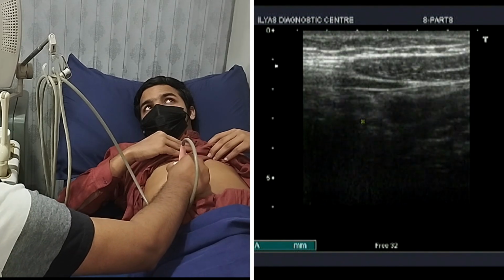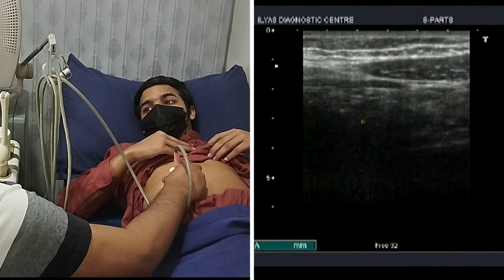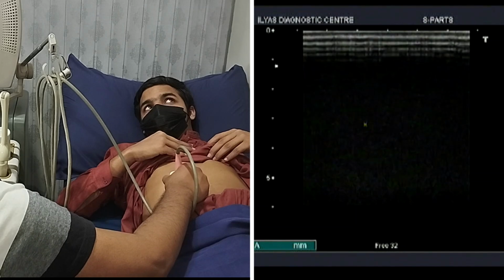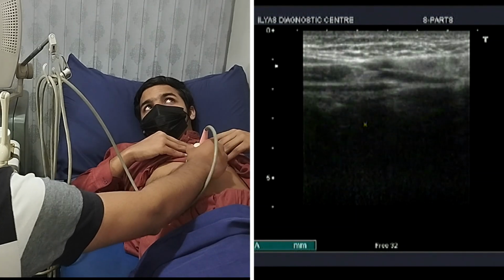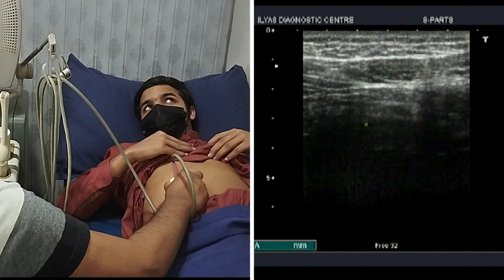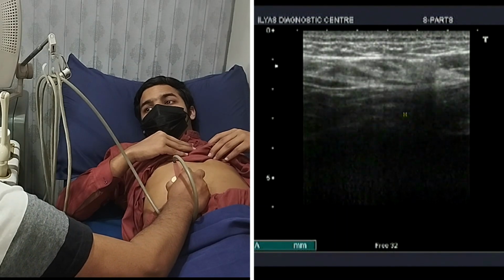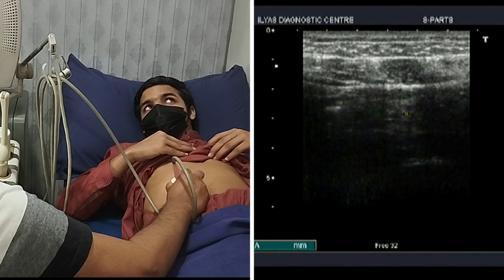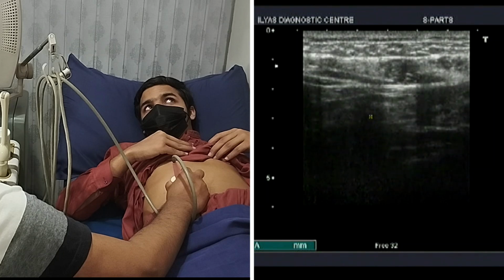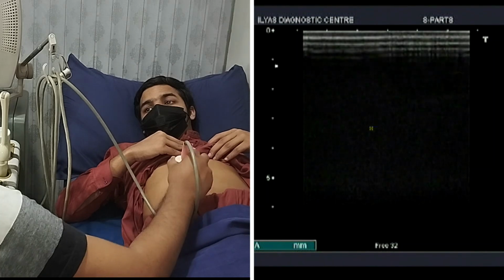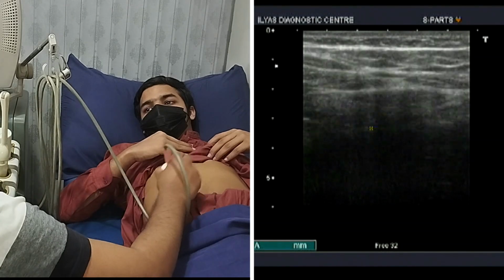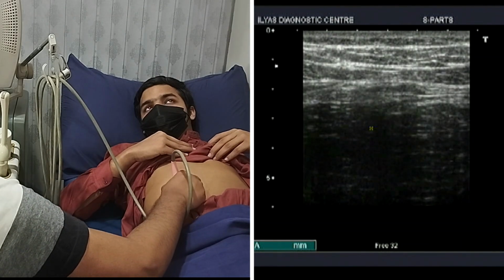Now I will move in the direction of the right iliac fossa. I will move from the epigastric region to the right iliac fossa, and I will keep on evaluating the gut loops in my path. And here the gut is visible with its motion. In this region, especially in the region of right iliac fossa, I will look for